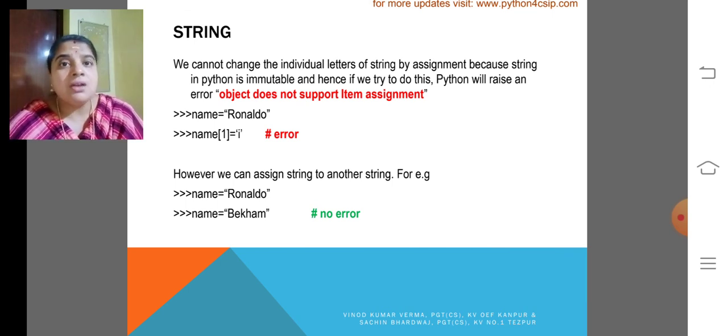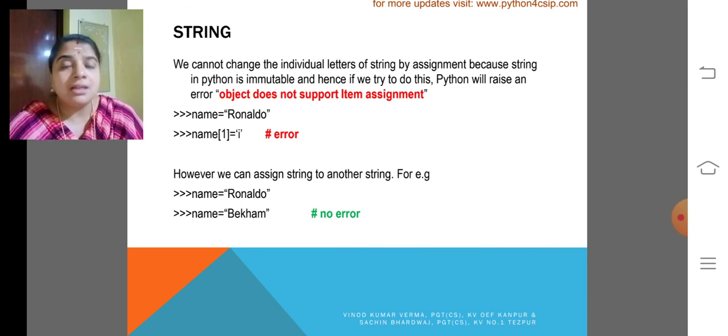My dear children, once again I am repeating, we cannot change the individual letters of a string variable. The name variable has the string Ronaldo and we are trying to change it with I or any other name, so the interpreter automatically gives an error. That is why Python doesn't support string value changes.